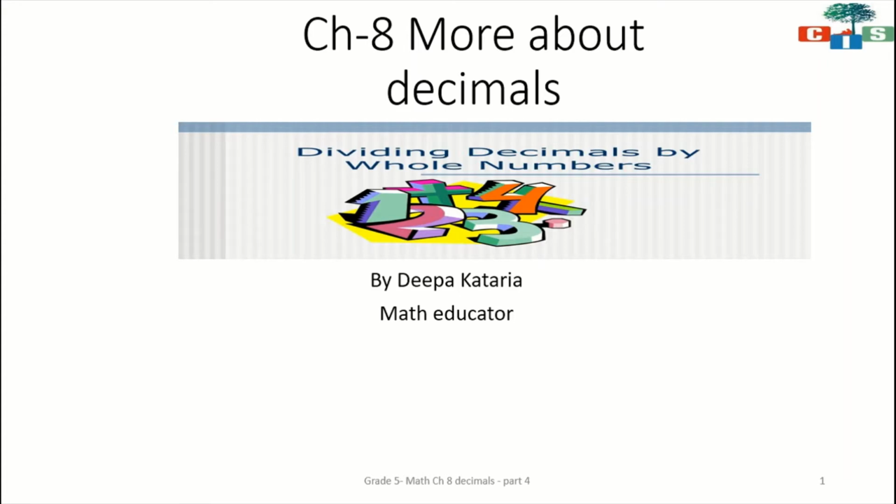So scholars, we are back with question number 2 of exercise 8.2. Yes, question number 1 we have already completed in our previous video where we have learned how to divide decimal numbers by a whole number. And in this video we will see how to do division by 10, 100 and 1000, and also will solve question number 2 of exercise 8.2. Yes. So are you all ready? So we'll start with our today's concept.